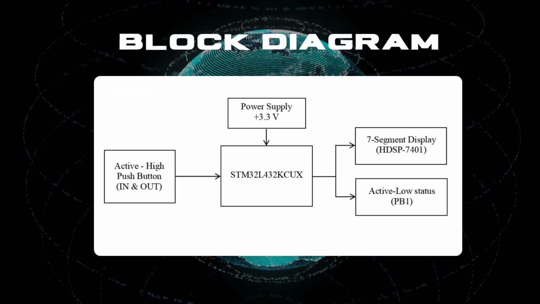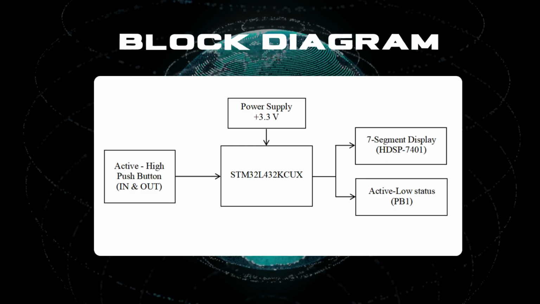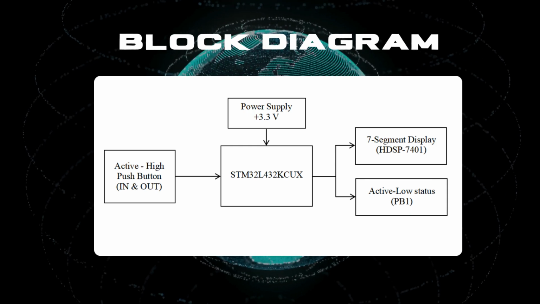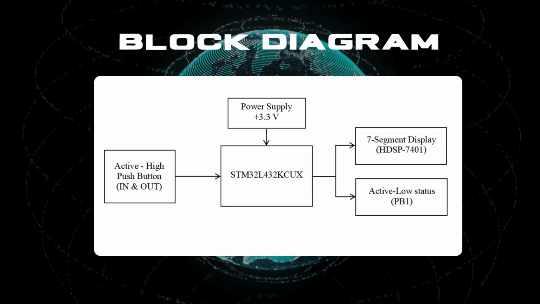Now, let's look at the functional block diagram. The system is divided into 3 main stages: input, control and output. It starts at the input block, which consists of 2 active high push buttons. When a car enters, the in button sends a signal to the control block, which is our